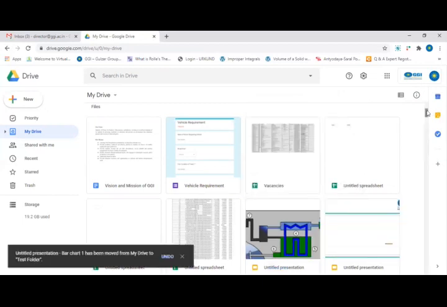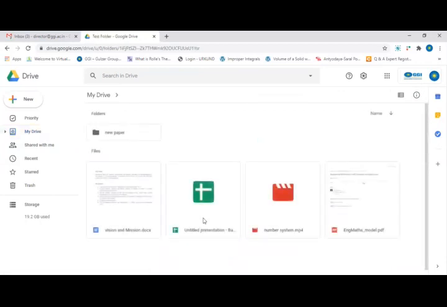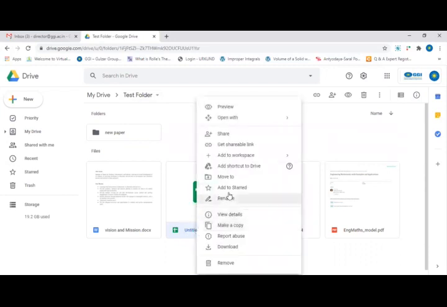So now let us see my test folder. So you can see here is the file. Now this particular file moved to my test folder. So similarly, I can rename the files. Now let us say I want to rename this particular file. So what we can do, just click on it again, and here is the option rename.